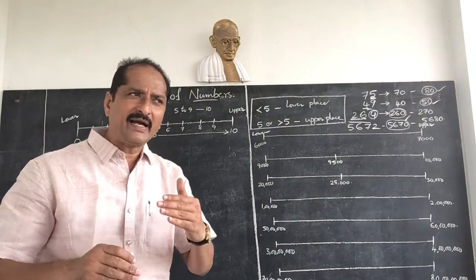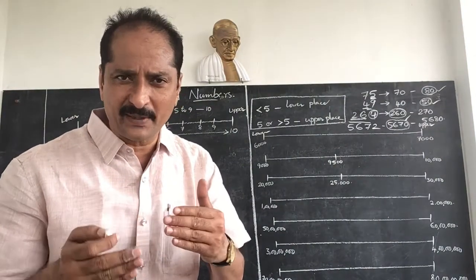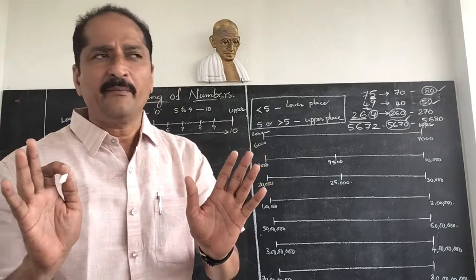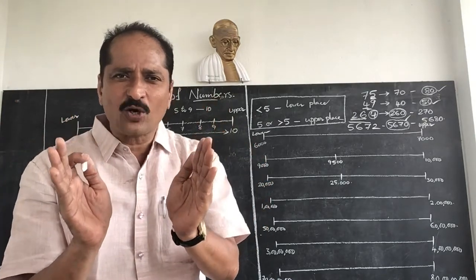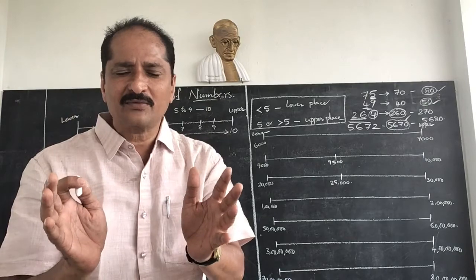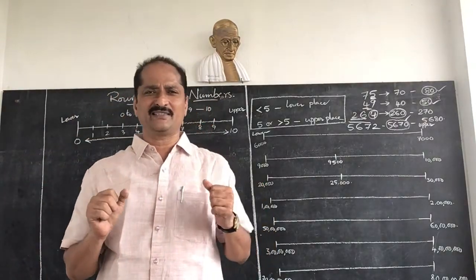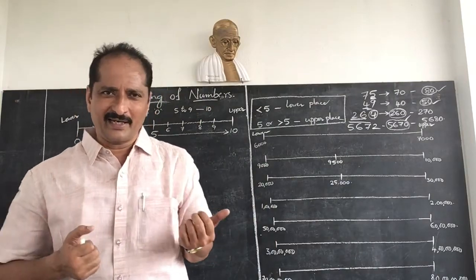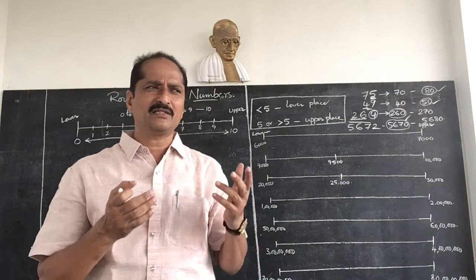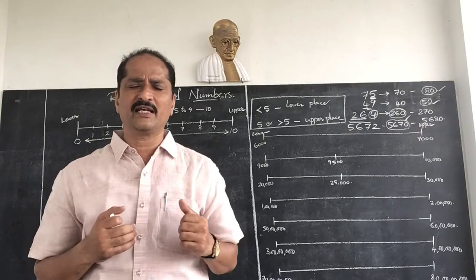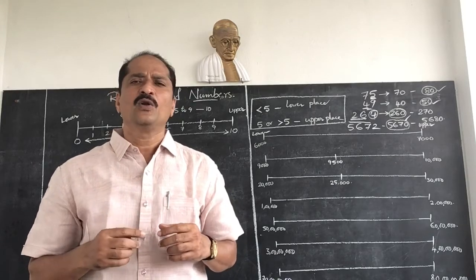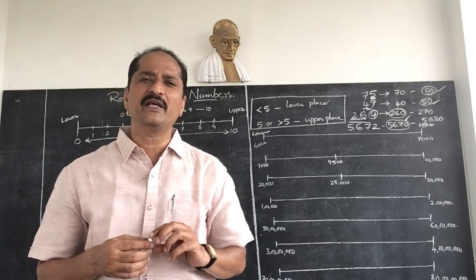Okay. Slowly, by taking examples, if I explain, easily you can understand. But first you understand the concept. What is meant by rounding off numbers? Rounding off numbers is nothing but, for example, you go to a fruit market and take some bananas, apples, custard apples, something, and the total bill is 299 rupees 50 paisa.